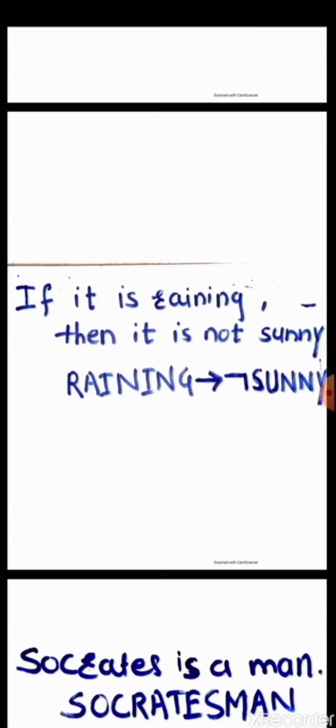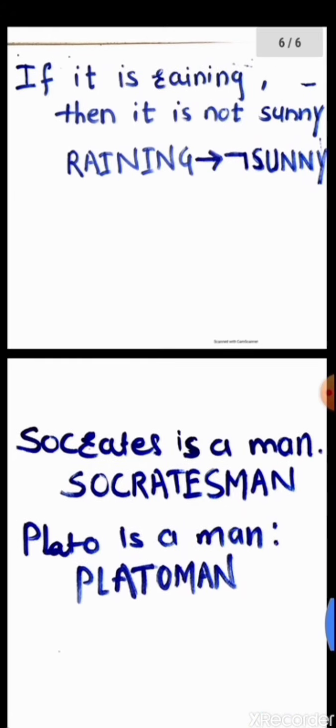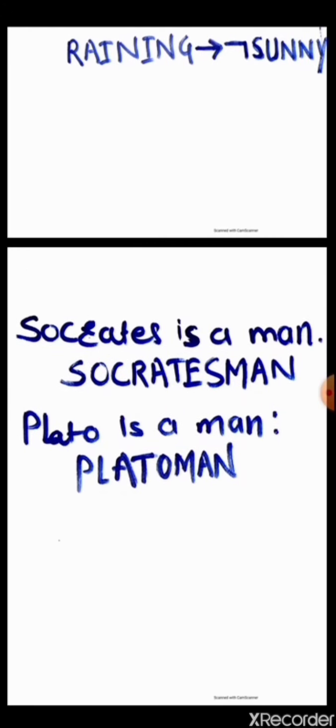Suppose we want to represent obvious facts stated by classical sentences, like "Socrates is a man". It is represented by the keyword Socrates man. The second sentence is "Plato is a man", and it is again represented by the keyword Plato man. Now see here,